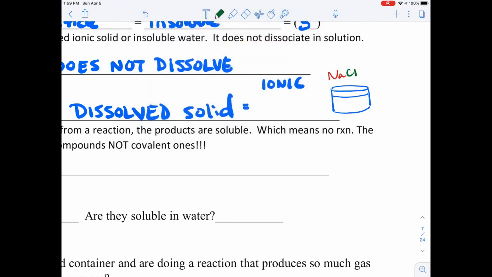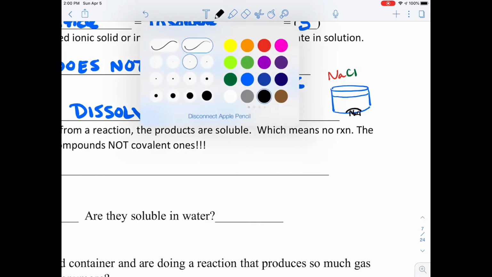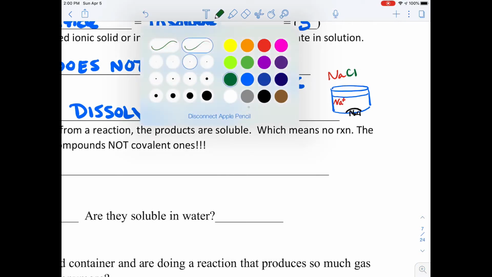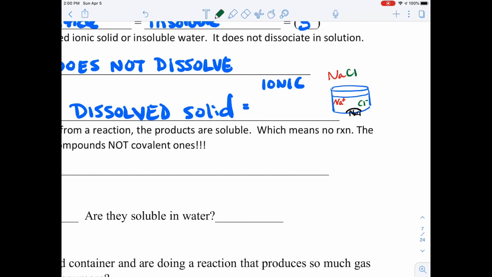So here's our water. If I put NaCl in the water, and I put a whole lot in, remember we use that word saturated. If it's saturated and I have way too much in, then the pile on the bottom is NaCl. But NaCl does dissolve in water, so the part that's dissolved goes into the water as Na pluses and Cl minuses. And just to take things slightly deeper, you might say, well, why aren't they attracted to each other? They kind of are, but